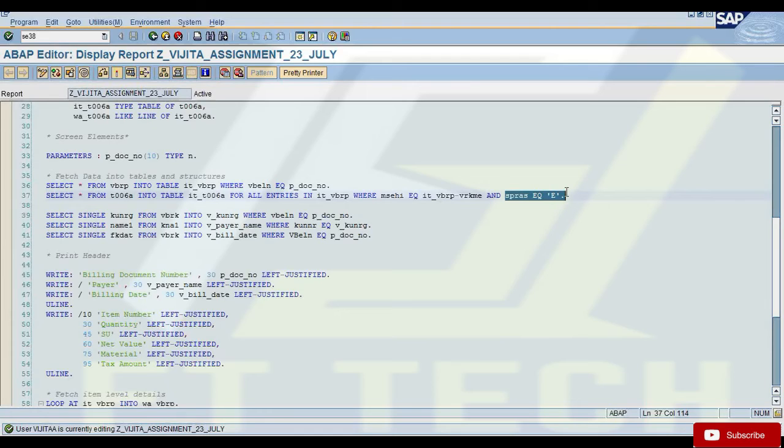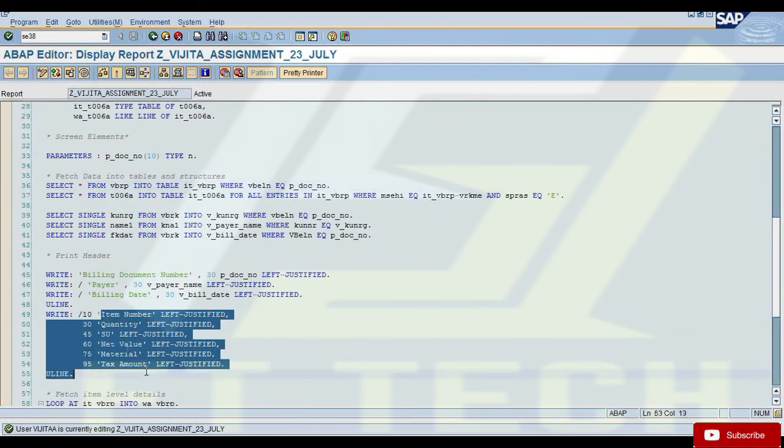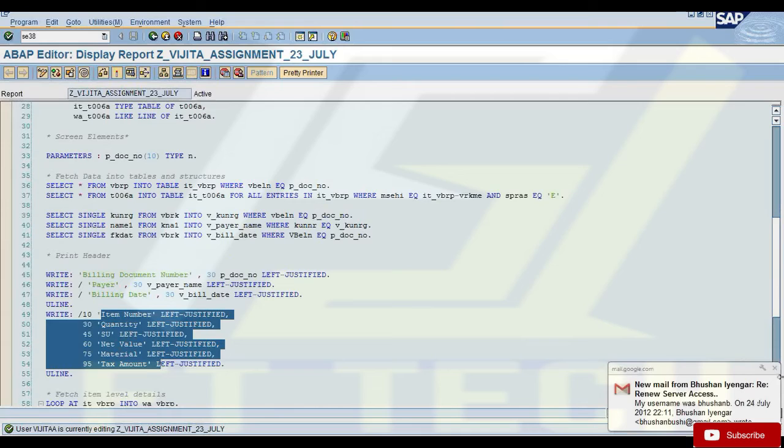I'm sorry, there is a delay in communication. The table IT VBRP which I created has all the fields. It's of type VBRP. So if I don't select all the fields and select only a few fields into the internal table, that works, and it will go to corresponding fields in the table. No, you need to define your IT VBRP with only these fields in this order. When you select, select them in the same order. Right, so it fills. Then for all entries is fine.